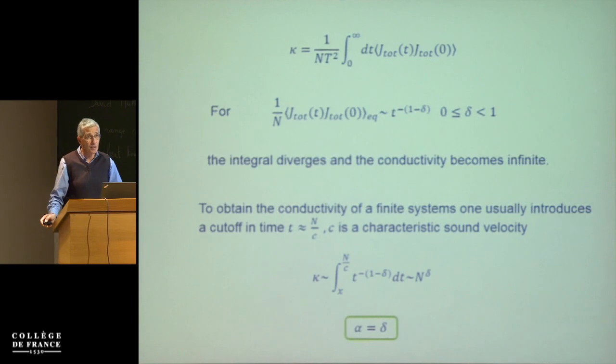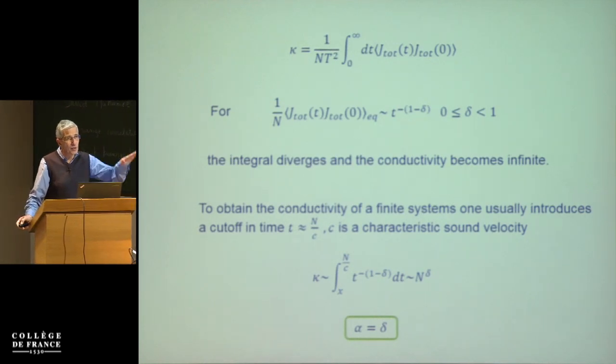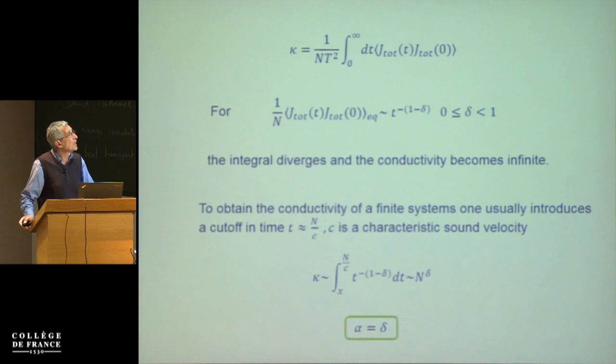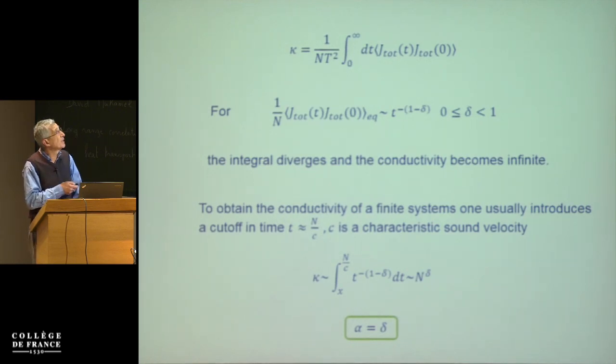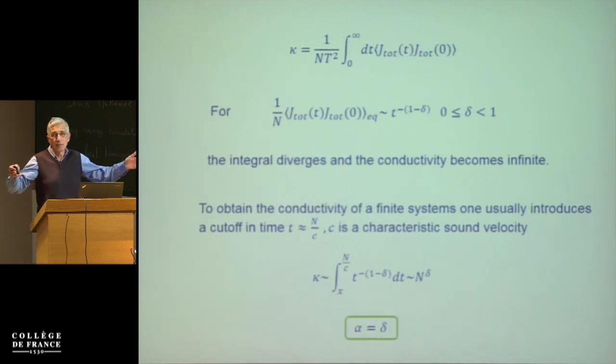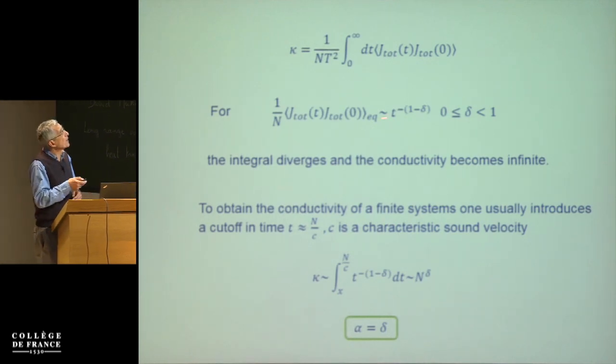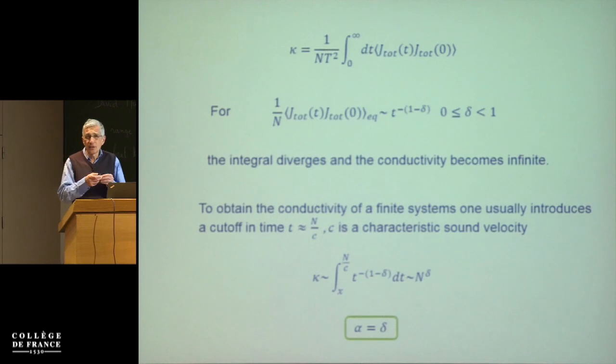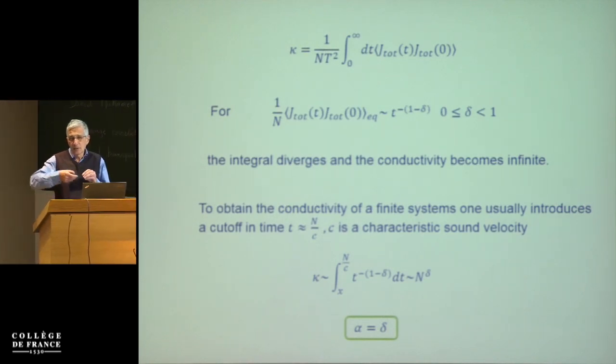The integral diverges because the power law decays sufficiently slowly, so in these systems the heat conductivity diverges if you calculate it strictly this way. This is applied for an infinite system, basically. The way one usually applies it to finite systems is to say that this total current correlation function cannot really persist